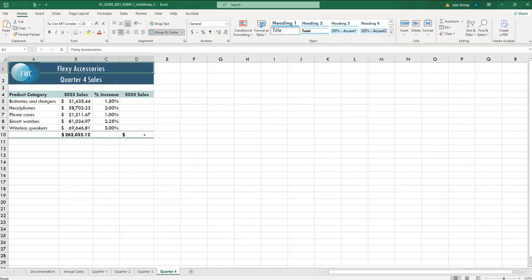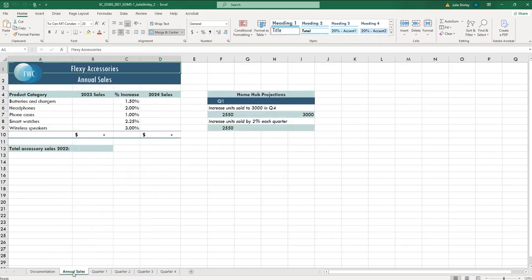So we will go to the annual sales worksheet. So down here at the bottom, go to annual sales. In the range B5 to B9, so we're going to be working in this area right here. Gilberto wants to consolidate the sales data from quarters 1 through 4 in the previous year. So we're going to put that information here in cell B5 with a formula using the sum function, and then